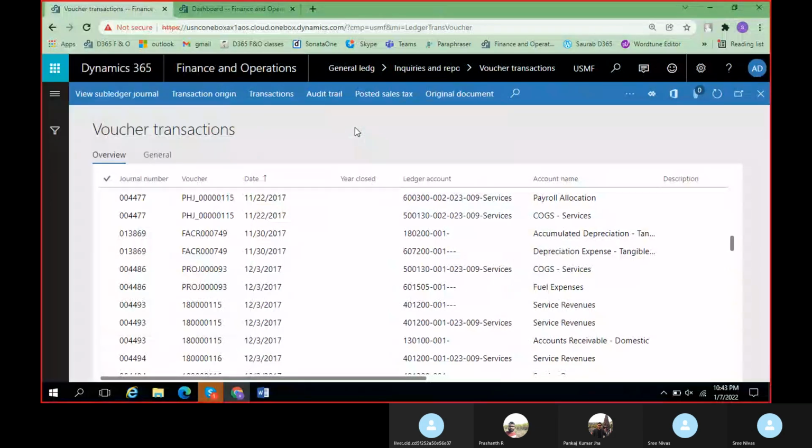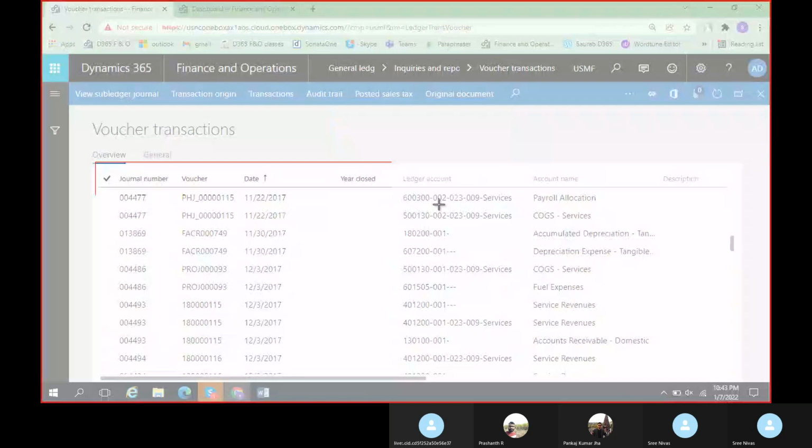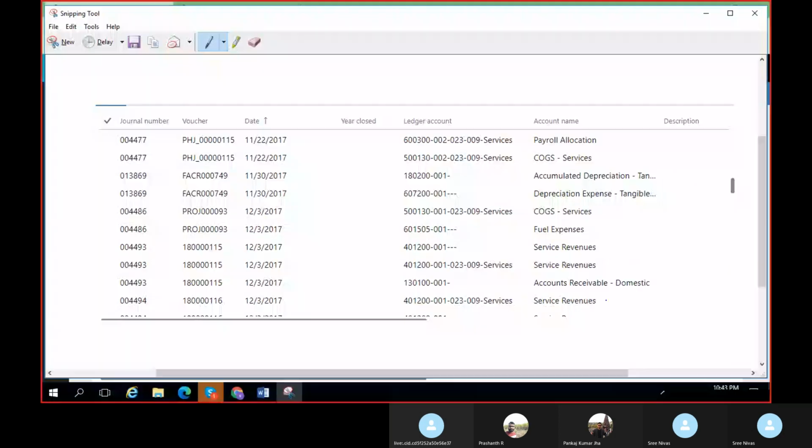so yesterday he got a ticket. The end users have sent a screenshot to him saying that this journal number is being repeated, even though they're trying to post some new voucher, the same voucher number it is taking for a number of transactions. I'm not specifying this one in general, whether there is anything related to voucher or to a ledger account. Okay, so what exactly he got is